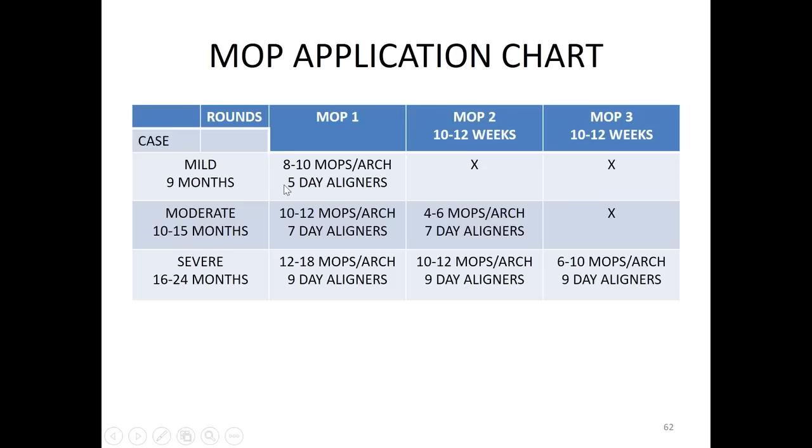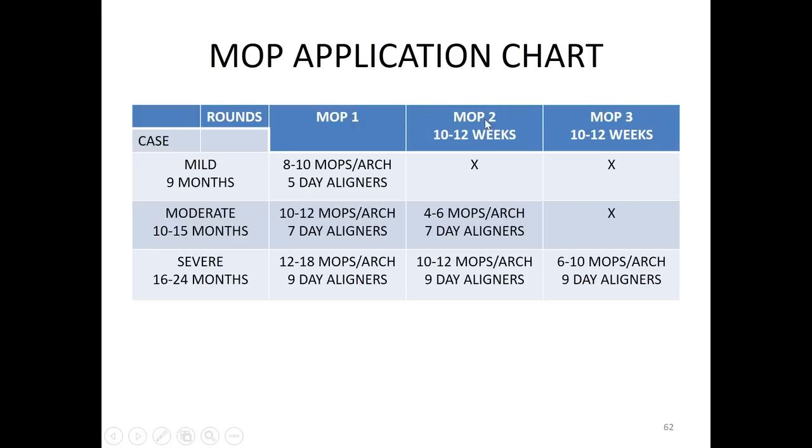You can reduce the wear time from 14 days to 5 days. That takes off about 2/3 of the treatment time. So a 9-month case could be done in 3 months, 4 at the most. Okay, now, when you get to a moderate orthodontic condition, maybe something that would take somewhere between 10 and 15